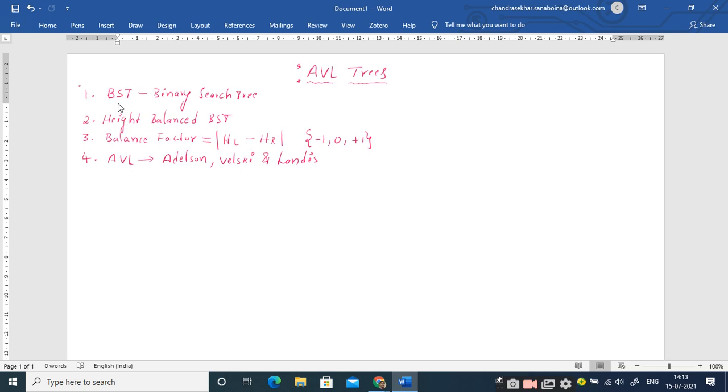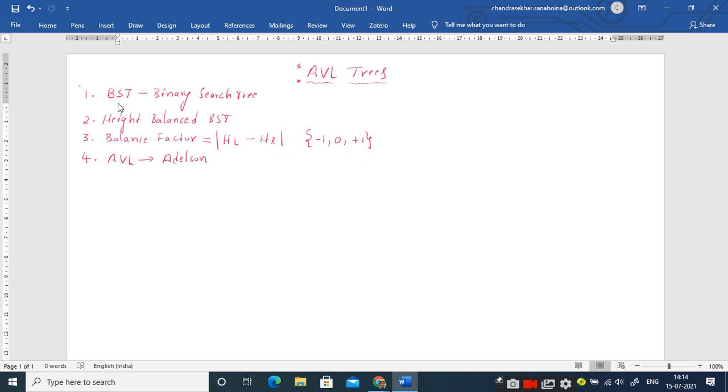Right. So there are other balanced trees also, like the red-black trees and splay trees, which we are going to discuss in the coming sessions, and they also come under the category of balanced trees. But the AVL tree, proposed by Adelson-Velsky and Landis in the year 1962, was the first balanced binary tree that was proposed. So we give some importance to AVL trees. Right. So this is what we discussed in the earlier class.